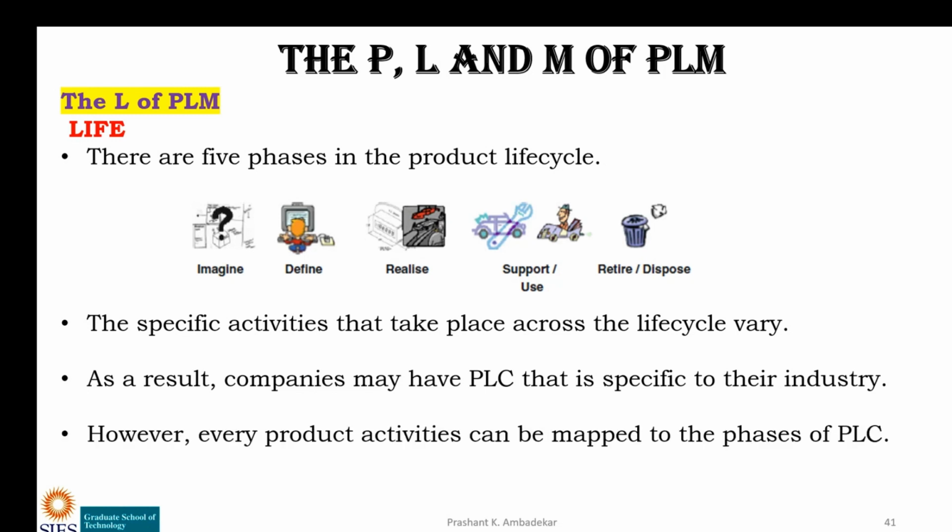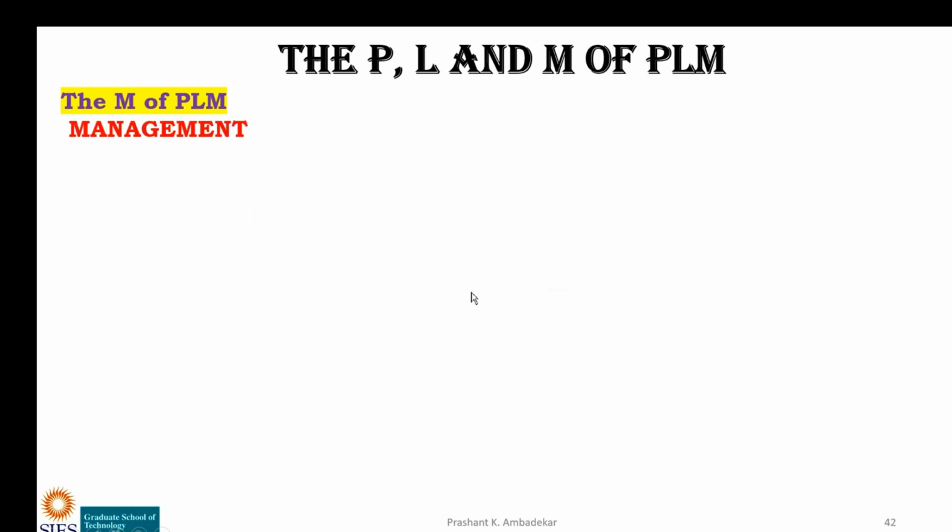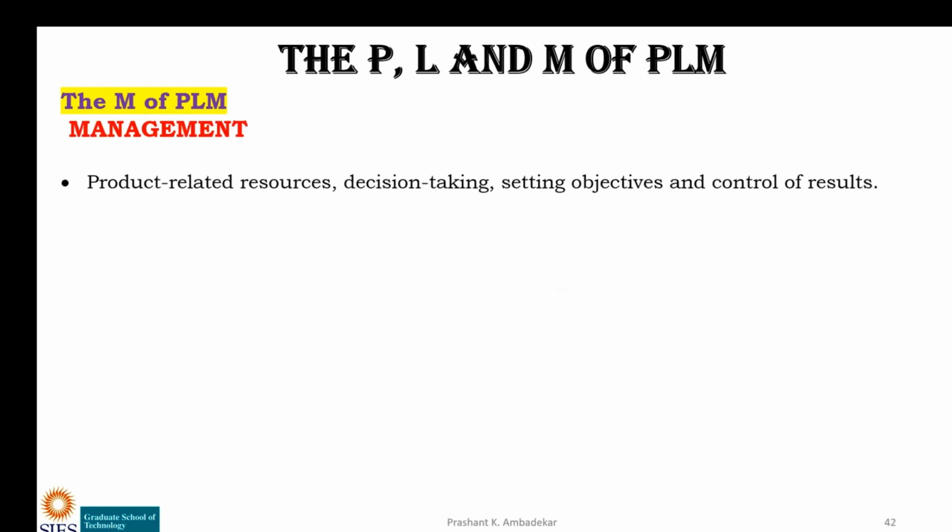However, every product has to go through the four life phases that we have already discussed. So when it comes to the L, you have to specify these activities, the life of the product. Basically, we will be talking here about the PLM of a product. Then the third part of the PLM is the management part. Management part means what are we managing? It is the managing of the product. M here means managing the product. Managing the product includes so many activities, such as related resources that are to be manufactured.